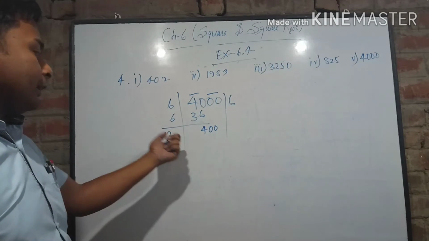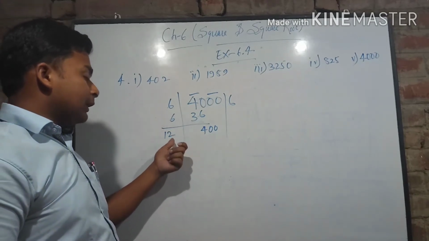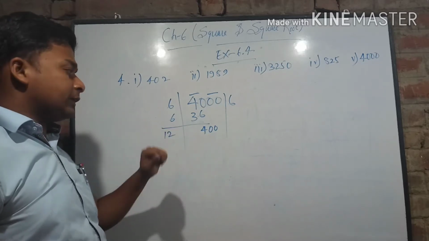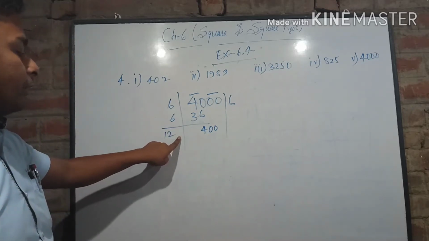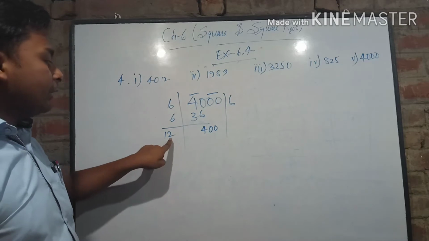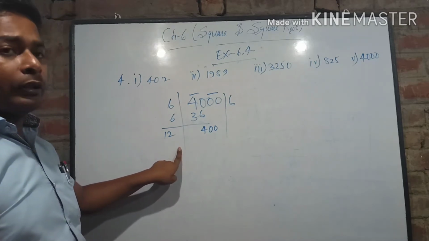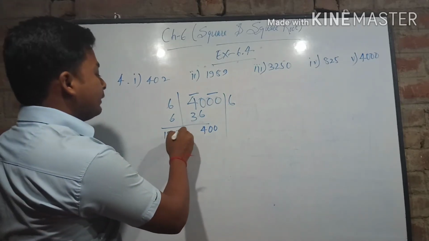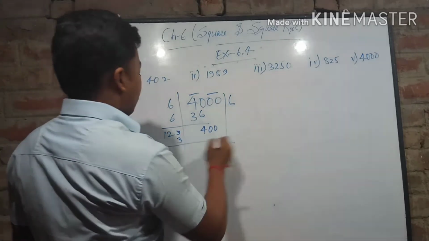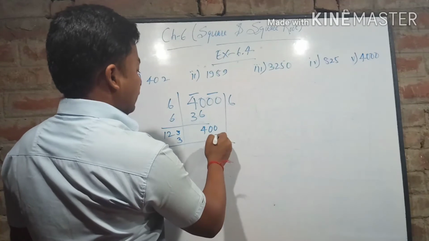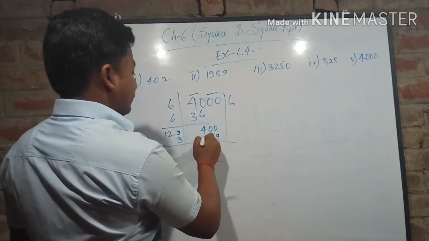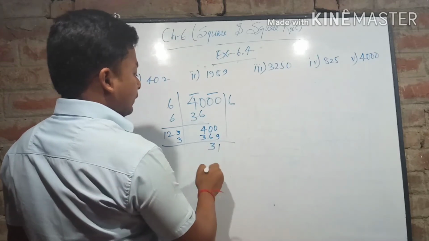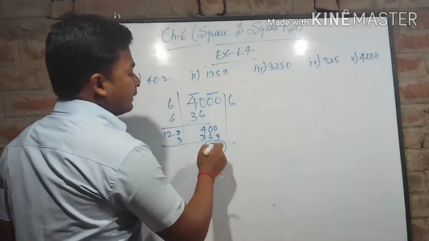Now we have to write a number which, when multiplied with the same number, should be either equal to 400 or less than 400. If we take 4, it is 4 4s are 16, 124 times 4, 496, which will be more than 400. So we will go with the 3. So our answer is 3 3s are 9. So this part is extra in this question.